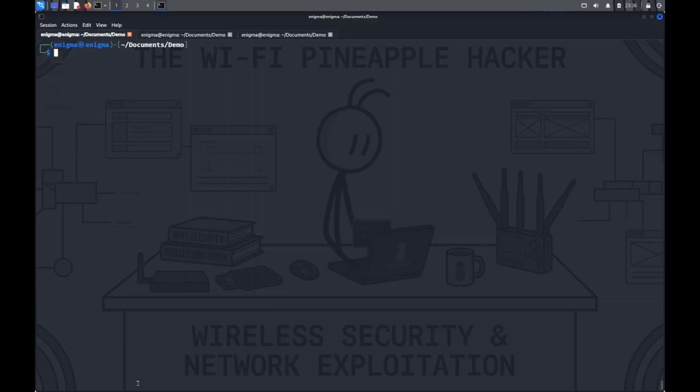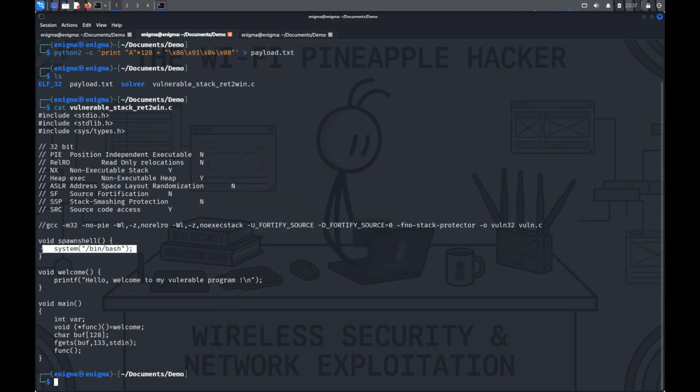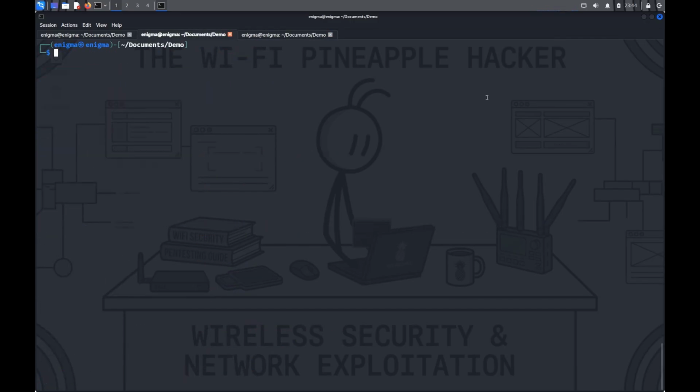So you're going to tell me, okay, just use your payload and redirect it to the binary. Yes, that could work, but that's not gonna work, because if you remember correctly, here we spawn a shell, but to spawn a shell you need a standard input to be open, and you need a way to interact with TTY. So to do that, you need to chain a cat command, and this cat command is going to be